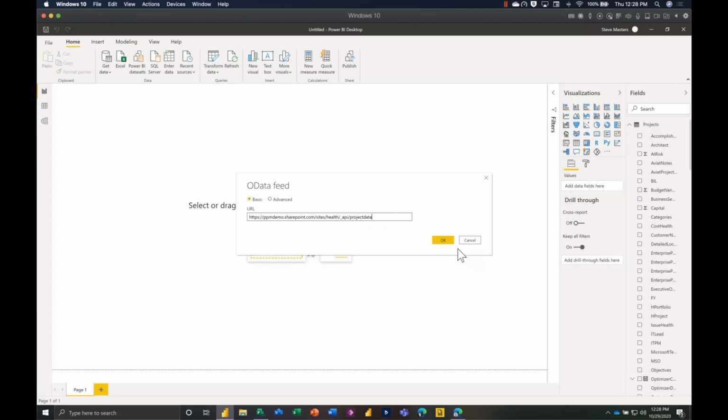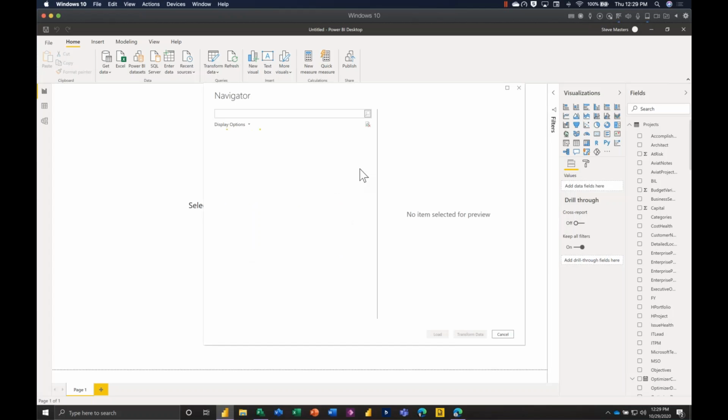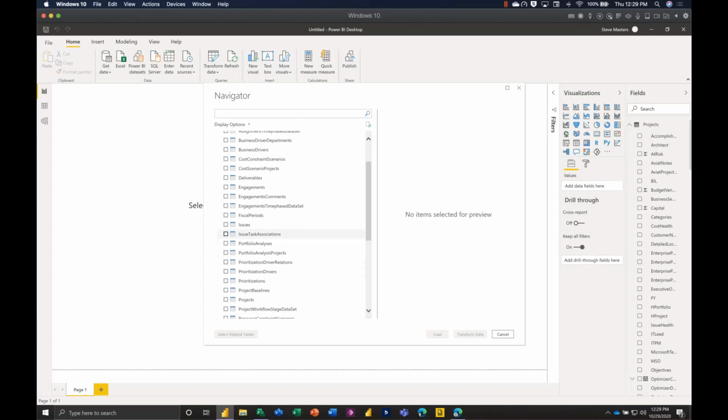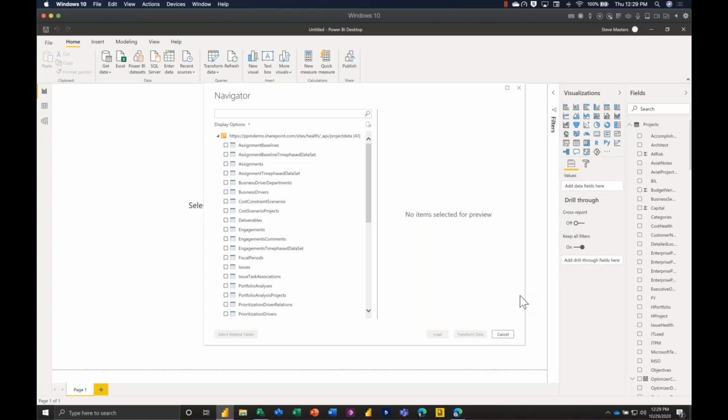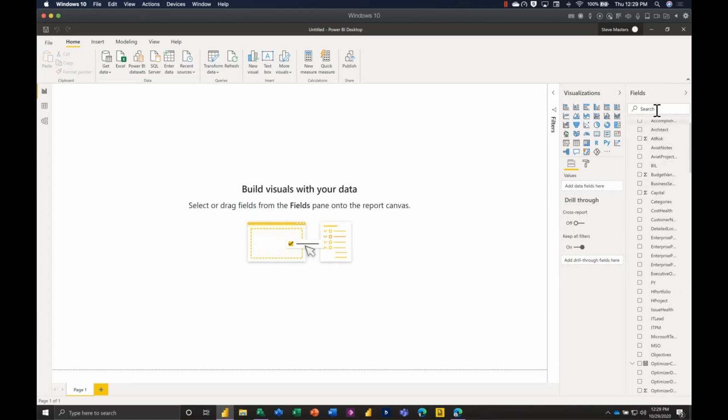But once you've done all that, then it takes you to a pane where you can make a connection with your credentials if you've not already done so. In my case, I've already made a connection, so it took me directly to the data sets that I have available. Okay, so once we have connected to a data set, then we can literally start dragging and dropping things